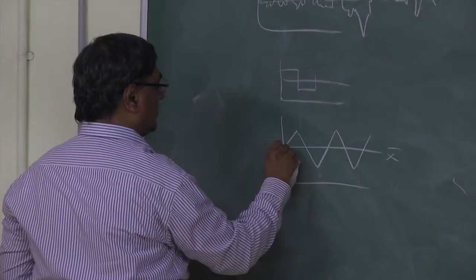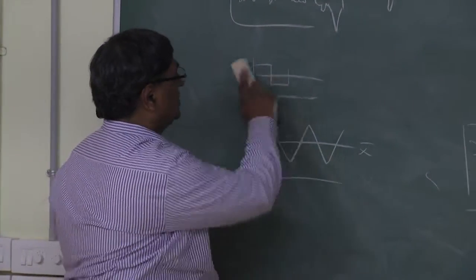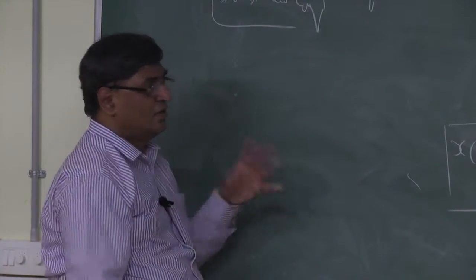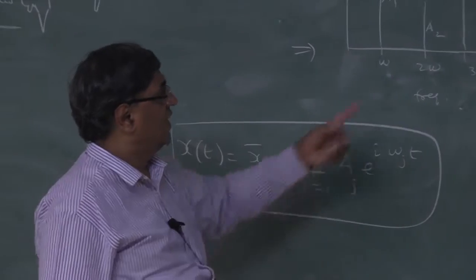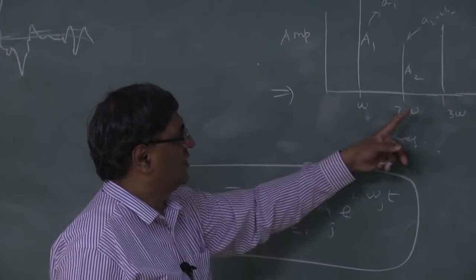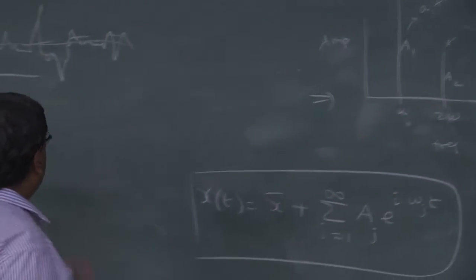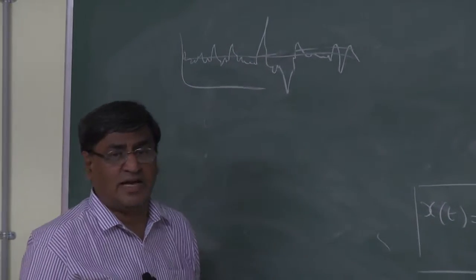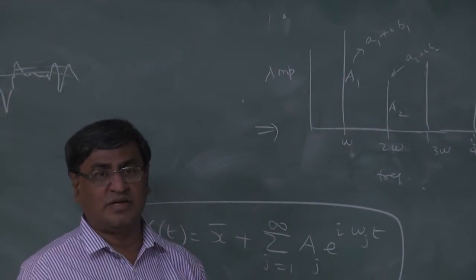Or even for that matter, some additional component, whatever. So it's basically something which is still periodic, but having many components. They will have this kind of structure at omega, 2 omega, 3 omega, 4 omega, only there you will have the amplitudes, in between nothing else. But if I have some random function, what will happen? At every conceivable frequency there is an amplitude.